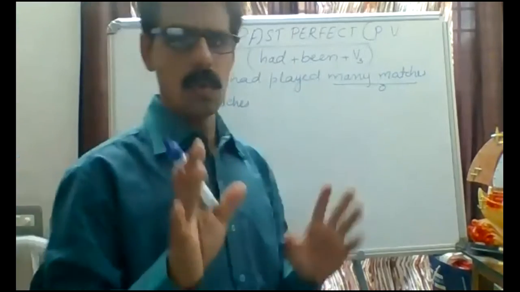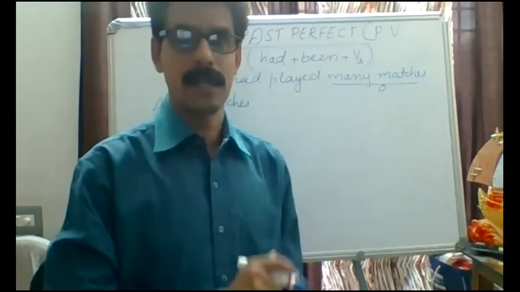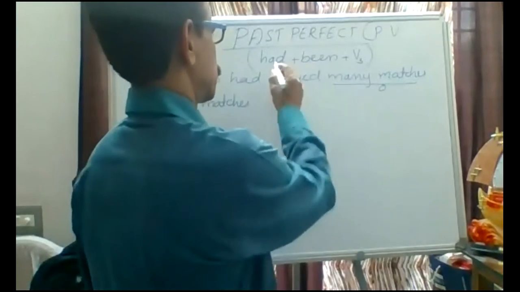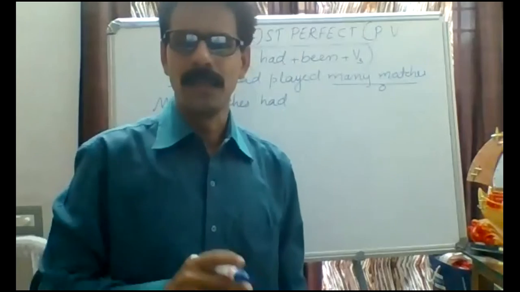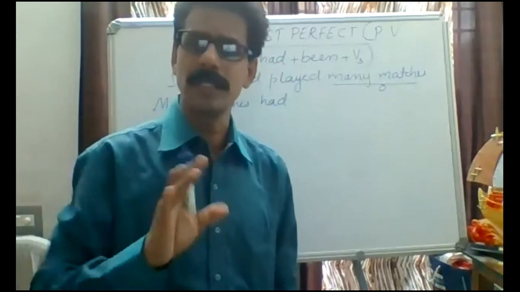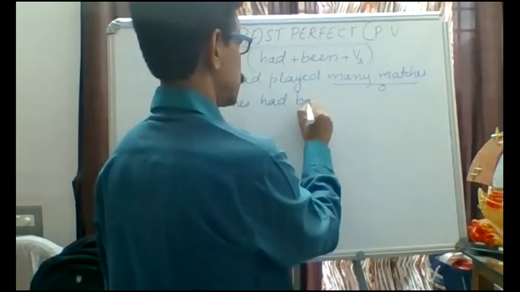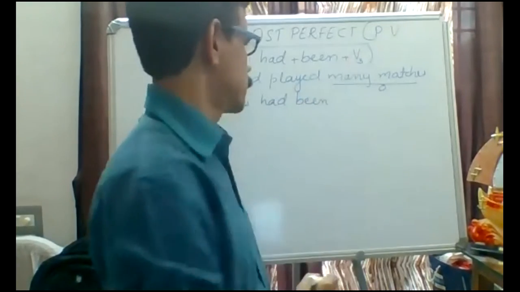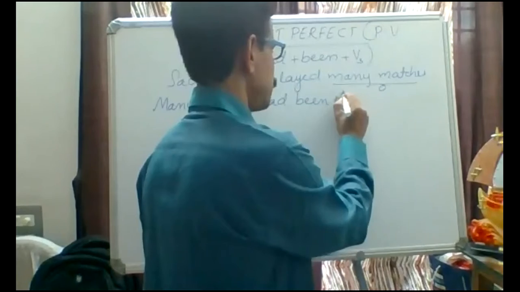Here there are no two auxiliary verbs, only a single auxiliary verb. What is the one auxiliary verb here? Had. So we must write had here. There is no confusion at all. We need not bother about it because only one helping verb is there. And after that you can directly use been: had been, and already V3 is given, played